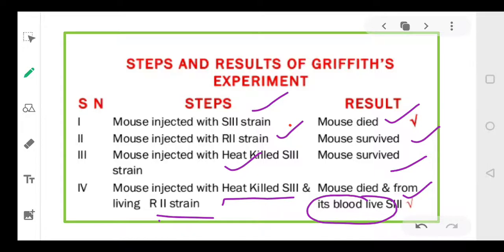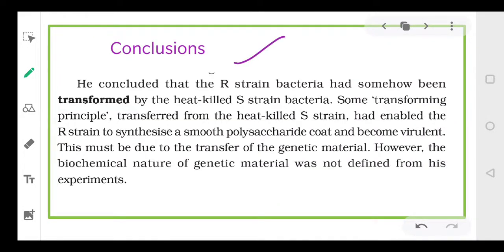So how could it be possible? Then Frederick Griffith, he concluded that the R strain bacteria had somehow been transformed by heat killed bacteria. Means जो S बैक्टीरिया हैं जिनको हमने हीट किया था, जो डेड थे, उनमें कोई ऐसा फैक्टर था, because of that factor the R strain has been converted into or transformed into S